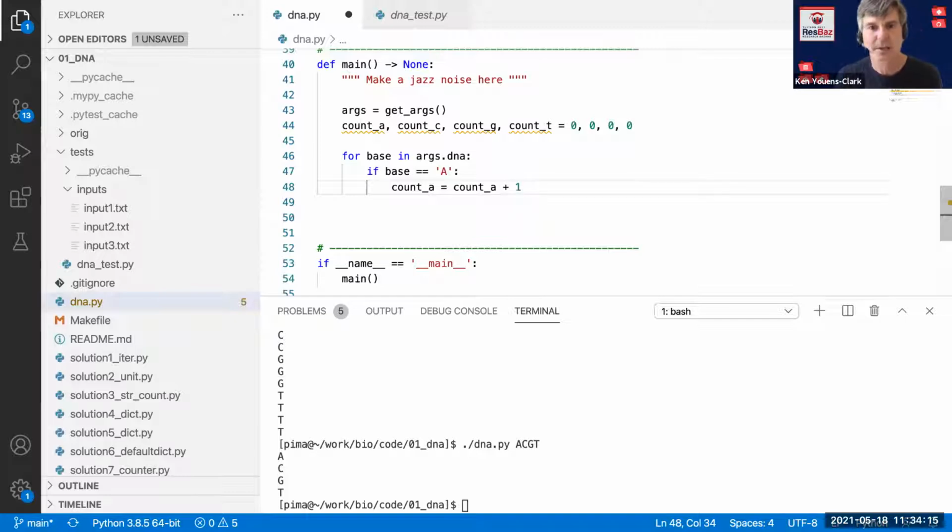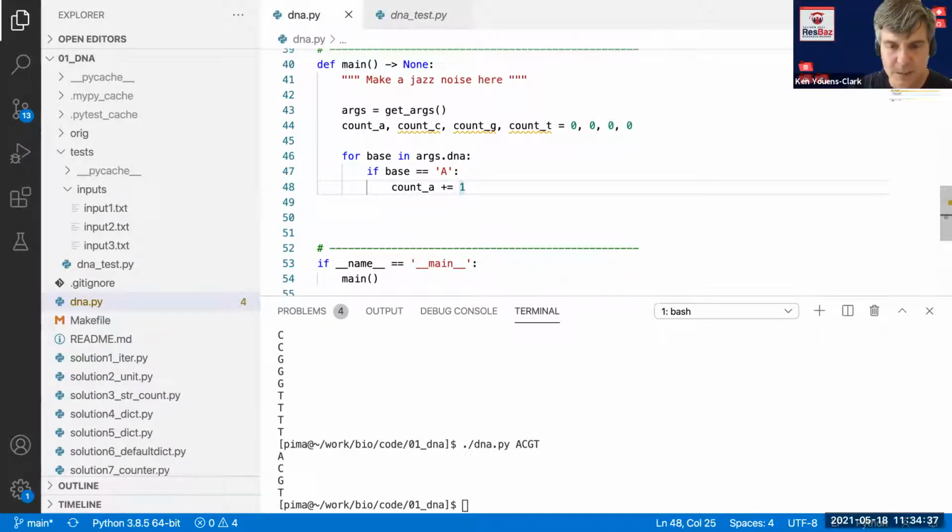And that's one way to do this. But we do this sort of thing so often that there's actually a special operator for doing that. And it's the plus equal operator. And probably most of you have seen this from other languages. If there's any question about that, what's happening is that count A is going to go up by the value that's on the right-hand side. So I'm adding 1 to it.